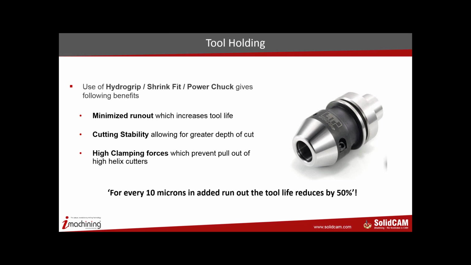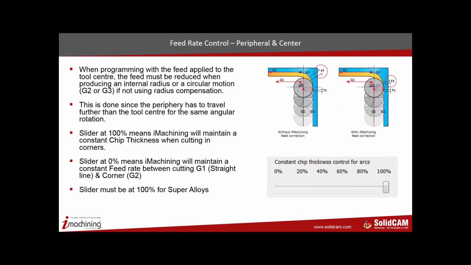The last one comes from a feature inside iMachining. And this is about controlling the feed rates when rolling on a circle or arc. When programming, whatever feed rate is applied, it's always applied to the center of the tool, because this is how the feed rates are applied. If you use the same feed to travel from G1 to this motion, the same feed rate is applied to the center,